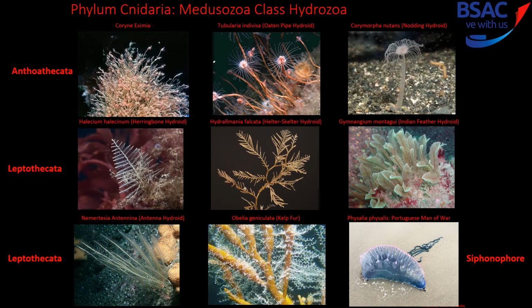Phylum Cnidaria, Medusozoa, class Hydrozoa. Let's look at a few examples of class Hydroidolinia showing the 3 different orders. Anthrotheocata hydroids generally consist of polyp heads called hydranths, growing at the tip of a stalk or